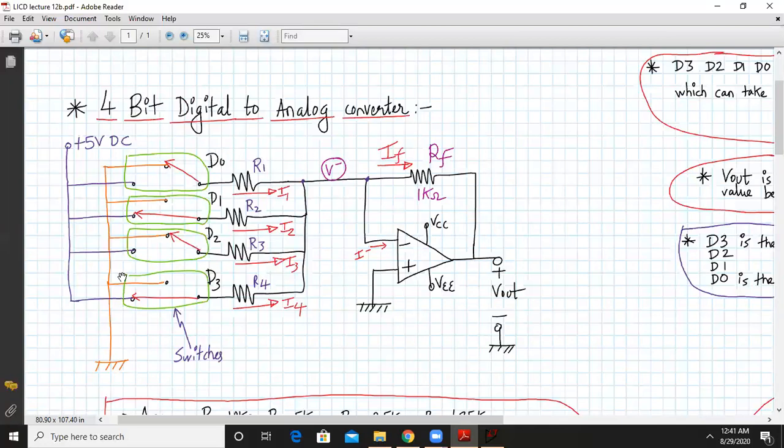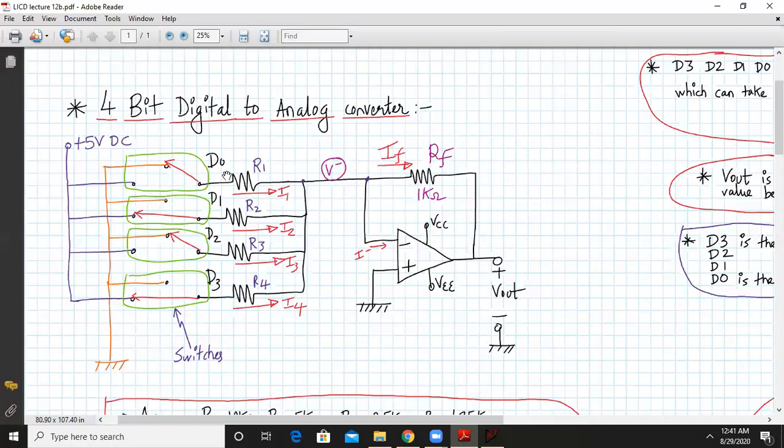And here I have 4 switches. Can you see these green color things? These are switches. Basically each can be connected either to the ground or to the plus phi DC reference voltage. We are naming these bits D0, D1, D2, D3. That means D0 to D3 can either be 0 or phi, so basically they are called digital bits.